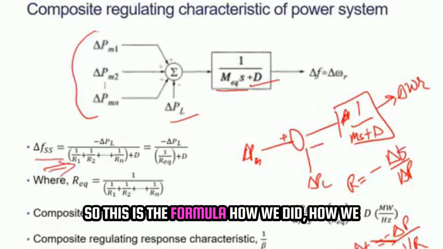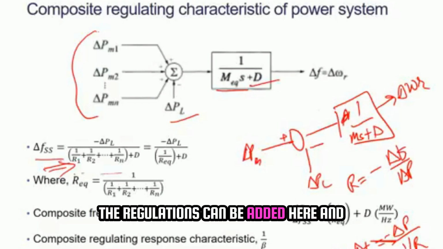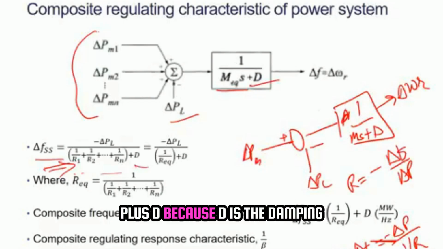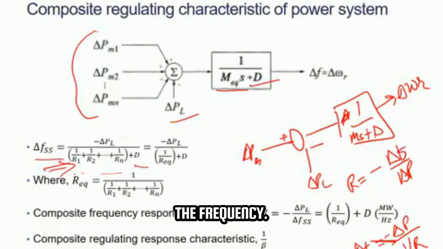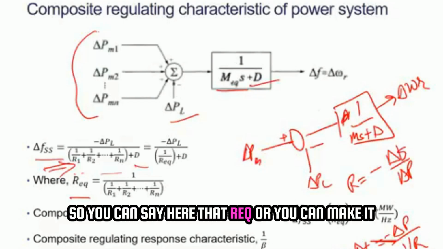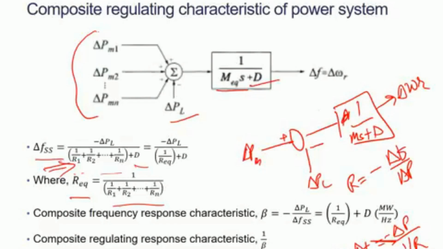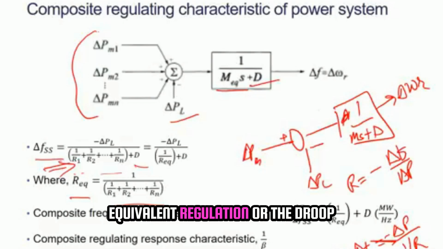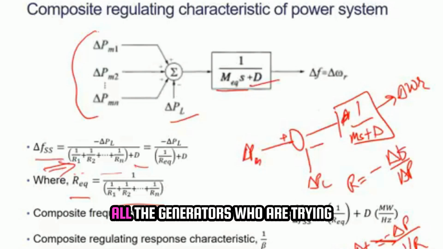So this is the formula by which we get the value for all the generators, where the regulations can be added here, plus D, because D is the damping coefficient for the load change due to the frequency. So you can say here, or make it generic, that REQ is the equivalent regulation, or the droop characteristic, of the combination of all the generators who are trying to satisfy this load